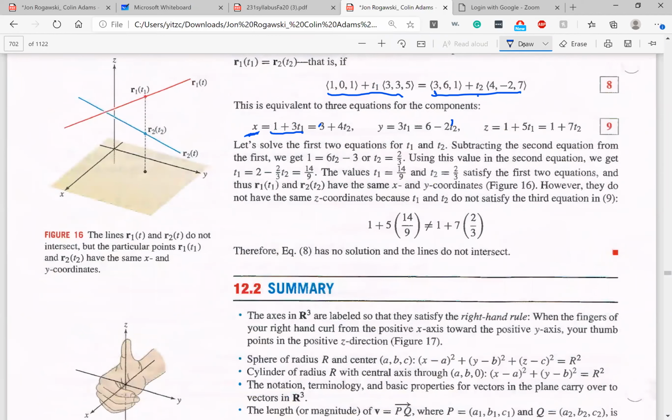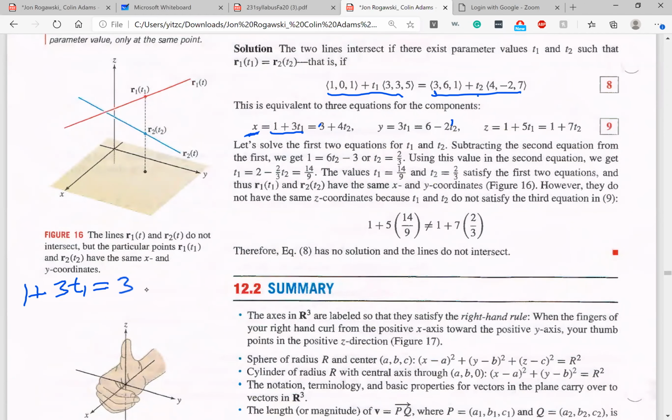So we have that, sorry, 1 plus 3t1 is equal to 3 plus 4t2. Okay, and then from the second equation, we have that 3t1 is going to be equal to 6 minus 2t2. So now if we subtract the second equation from the first equation, we're going to get that 1 over